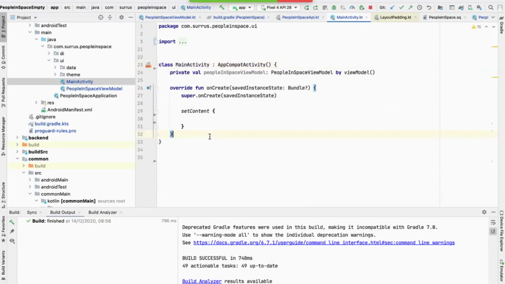Now, our UI code. This is where, again, in a traditional Android application, we have activities, fragments, layouts, etc. For example, we have a simple activity here, which I'll get back to in a moment. But our